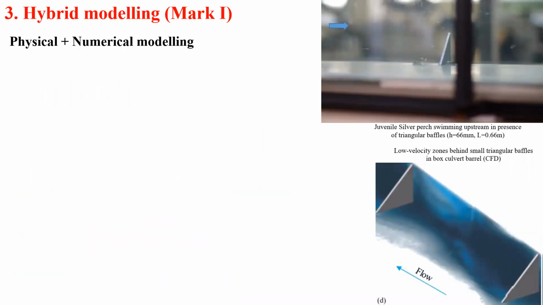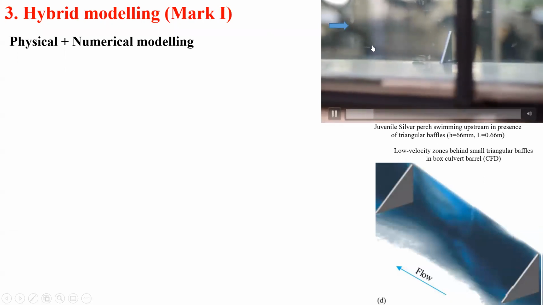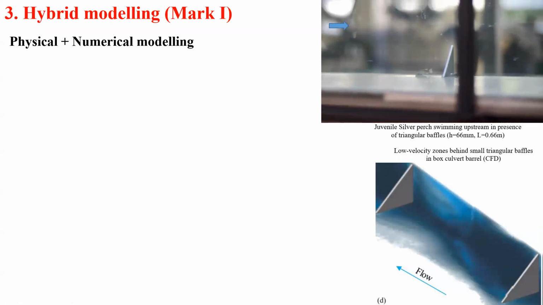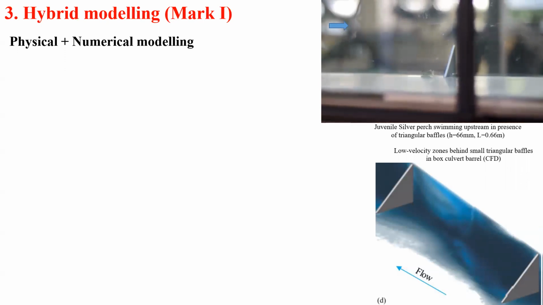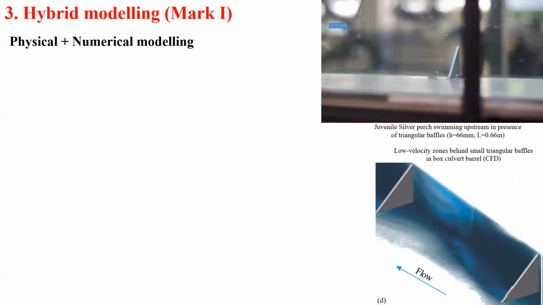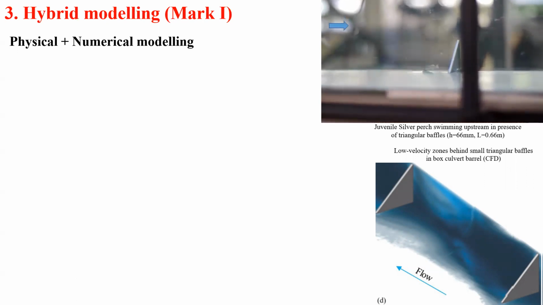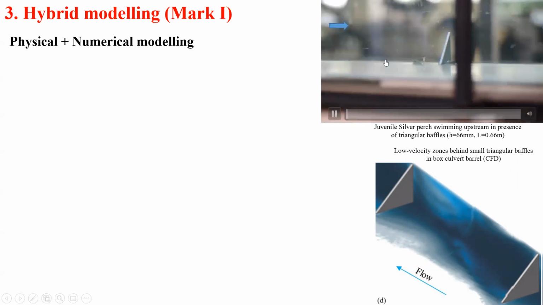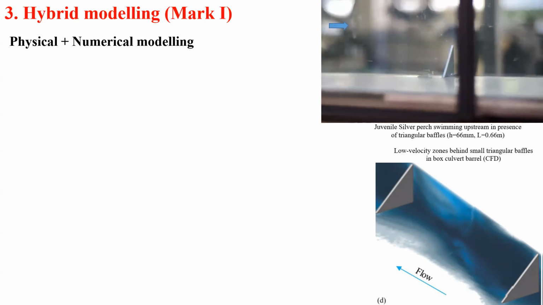And then I would like to illustrate another form of modeling. Hybrid modeling, combining physical and numerical modeling, with an example on the top right of a small fish swimming upstream of a triangular buffer in a near full-scale box culvert barrel. We find here in this physical experiment that contrary to the traditional understanding, this small fish is swimming upstream of